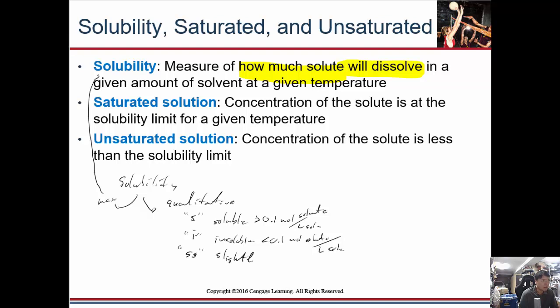It's not black and white, and so we have a little border here, which we'll call slightly soluble, in which about 0.1 moles of solute dissolves in a liter of solution here. And so the max here we look up in a book or a table, and look, Wikipedia is pretty good for this,